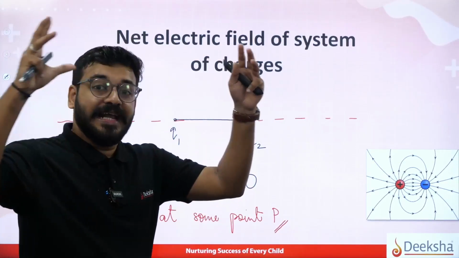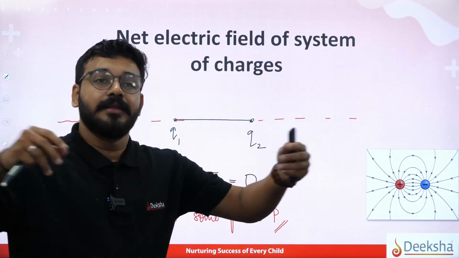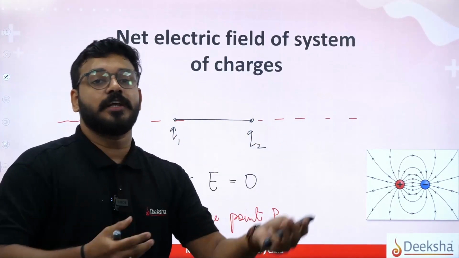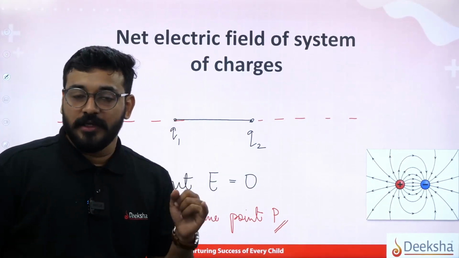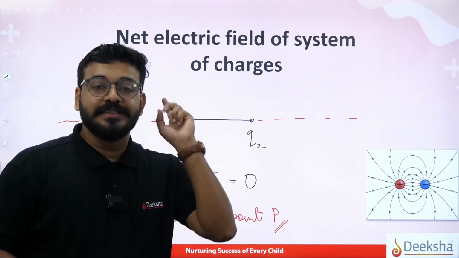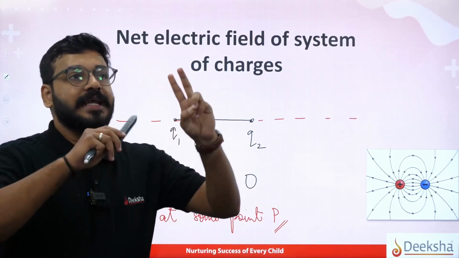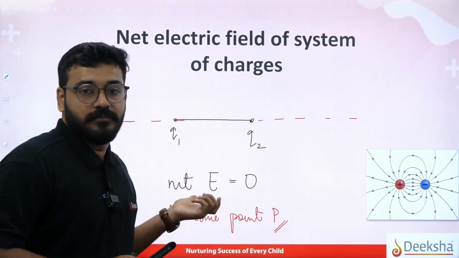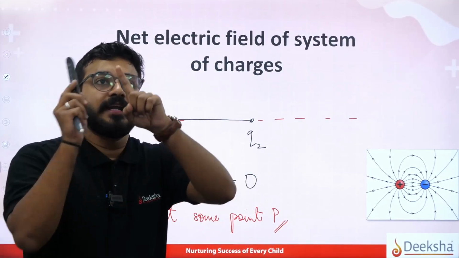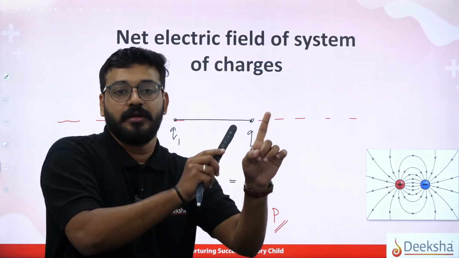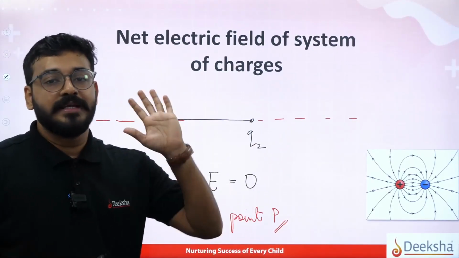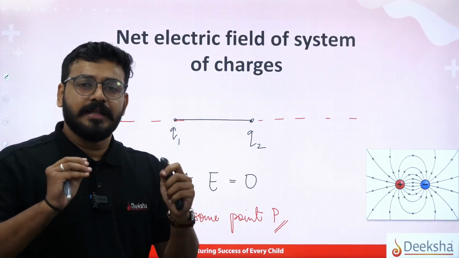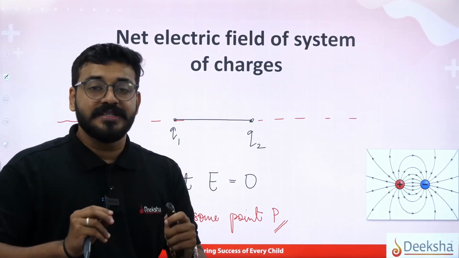And if it is 3-dimensional, like out of the plane, then it can be anywhere on the plane, depending on the values and nature of the charges. The values, that is the magnitude of the charges and the nature of the charges, it can be any reference point P, where the net electric field, that is the vector addition of the electric field of each charge, will turn out to be 0. So this is actually a very simple concept, and the tip and trick is also very obvious, but